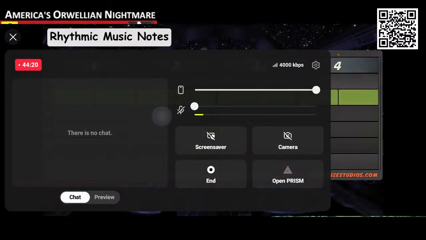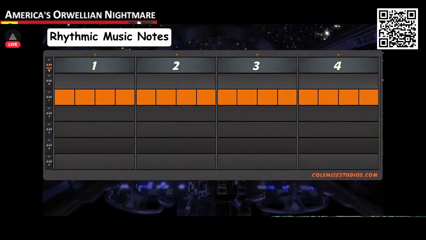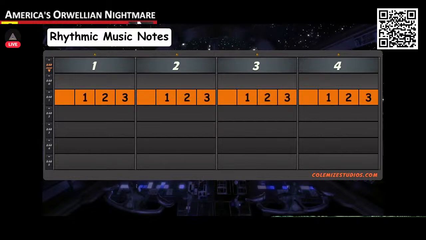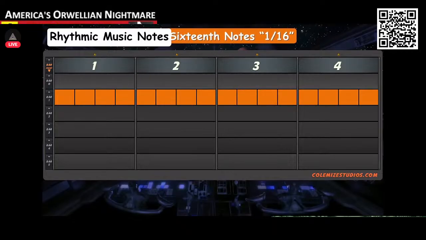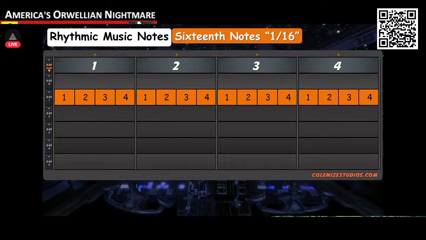Now let's divide each 8th note into halves, which give us 4 rhythmic music notes per beat. This gives you 3 more places to put your syllables in between each beat, and it will sound great. As you can see, my bar is now divided into 16 even sections, which are why these rhythmic music notes are called 16th notes. These are some of the most common rhythmic music notes that rappers use. And since we can fit 4 16th notes within each beat, you can think of there being 4 beats within each beat, which I like to call sub beats.